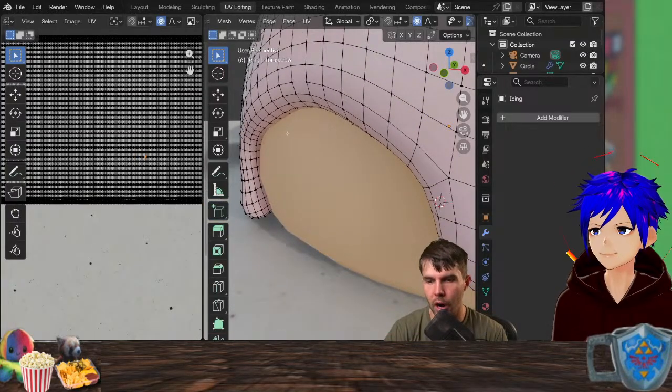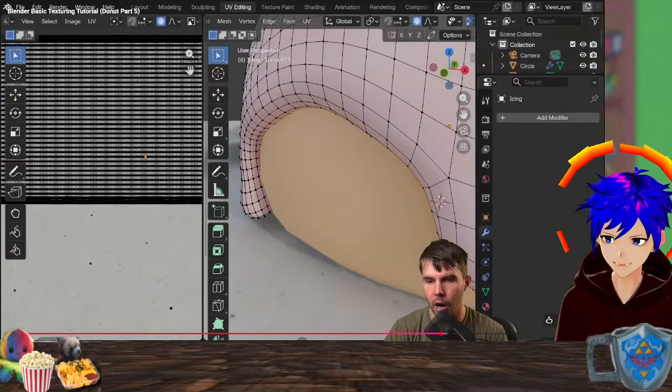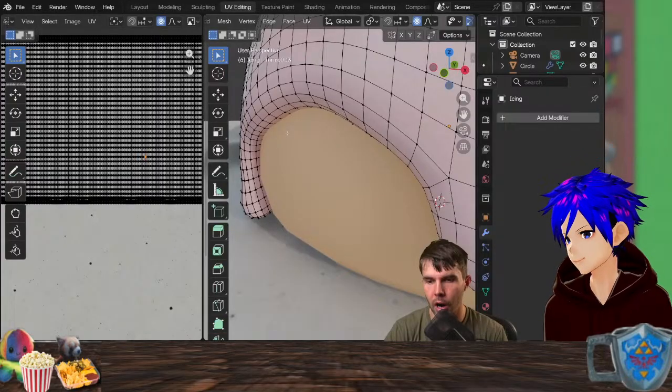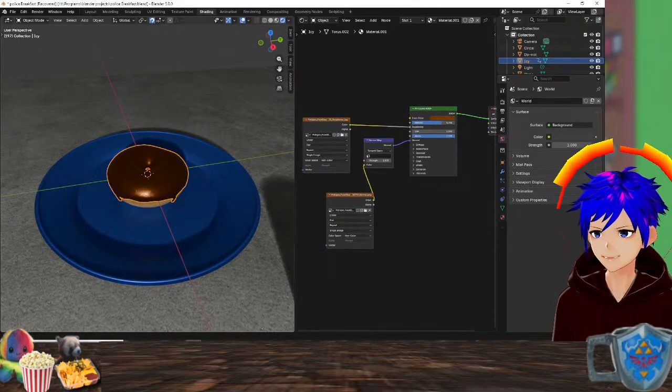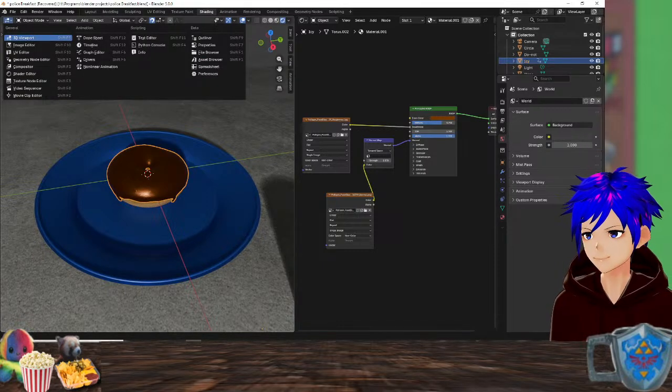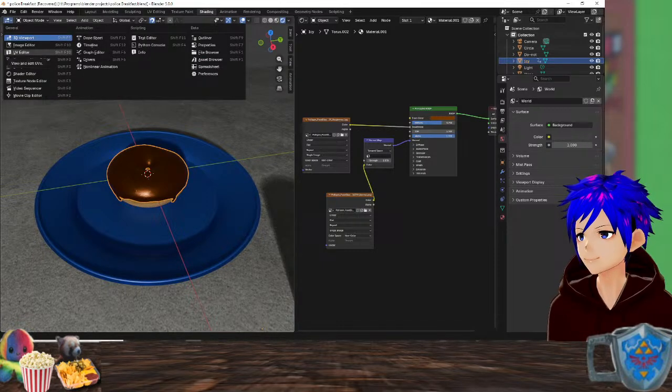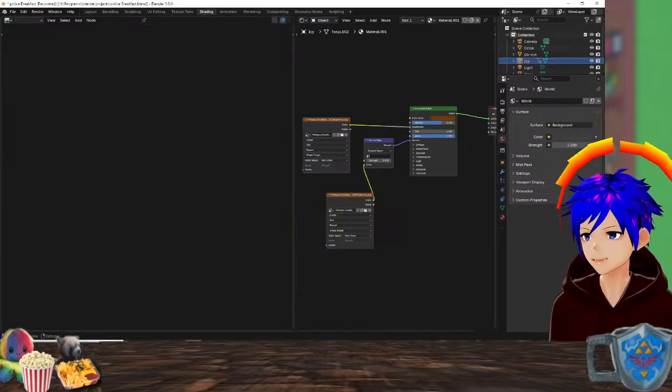Right. So I still don't know what kind of view that is over there. But let's take a look. Texture node editor.